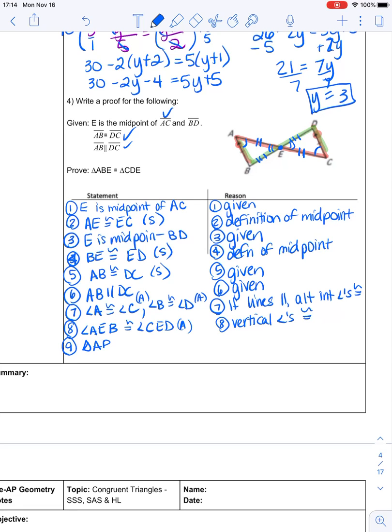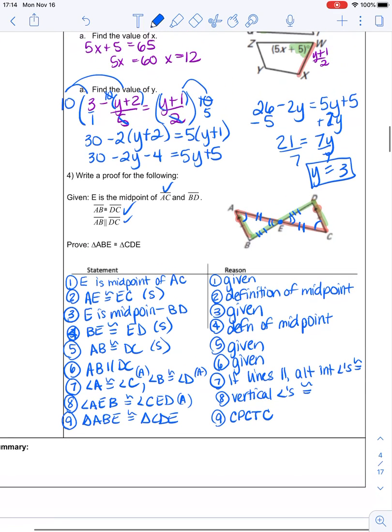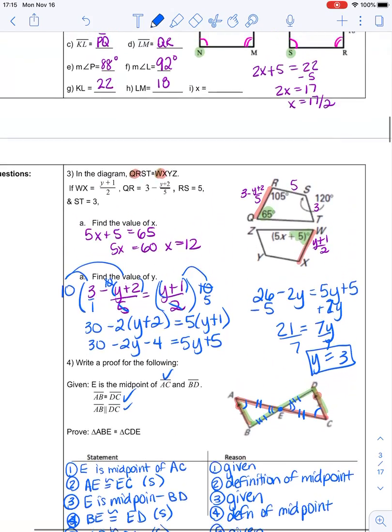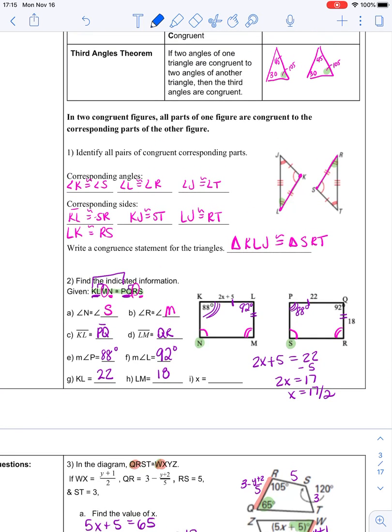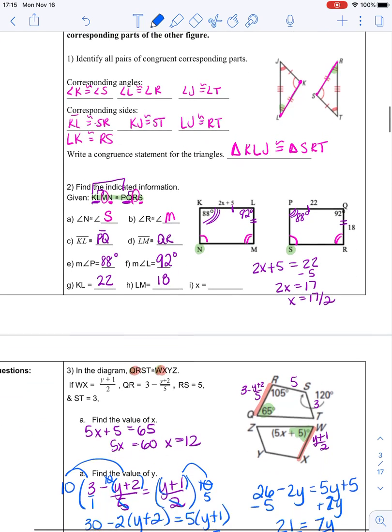We've got all of our sides congruent. Therefore, I can say that triangle ABE and triangle CDE must be congruent, and that's because corresponding parts of congruent triangles are congruent. If all the corresponding parts are congruent, then the triangles are congruent. So you want to use the congruent statements. We're going to find out we don't actually need all 6 pieces of information, and we're going to talk more about that later. But right now, just pay attention to your congruent statements. Always make sure that you use